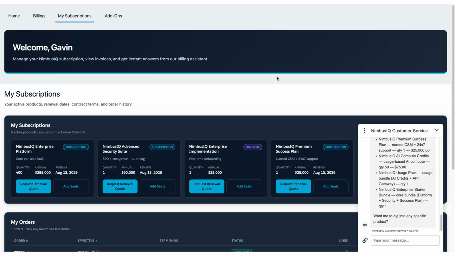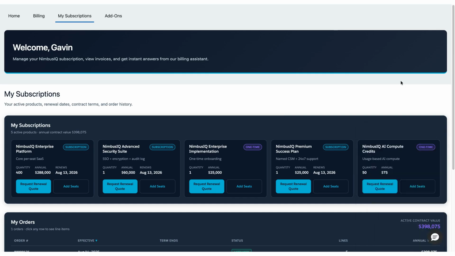Nimbus IQ upsell. It makes it easy for them to request additional quotes. These are tailored recommendations. They can request renewals, and also it just gives the end customer, in this case, Hooli, a really clear idea of what they're paying for and a really easy way to manage all their billing related details in real time. So with that being said, I'm going to go back now into